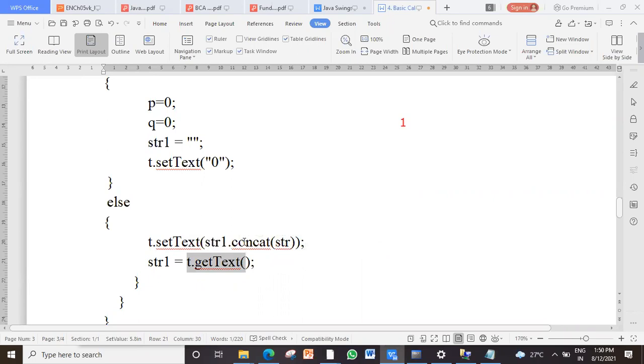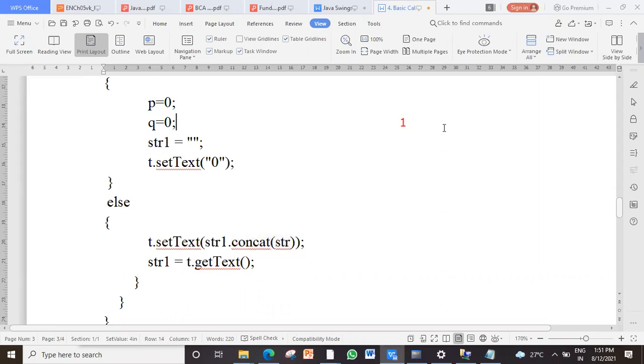So the first time when a single number is pressed, initially the str content is 0. Fine. The text field content is 0. So now the text field will be freshly set by the value of str1. Fine. I will take you back to that str1, then you will understand. Right now, just understand that it is performing a concatenation operation.